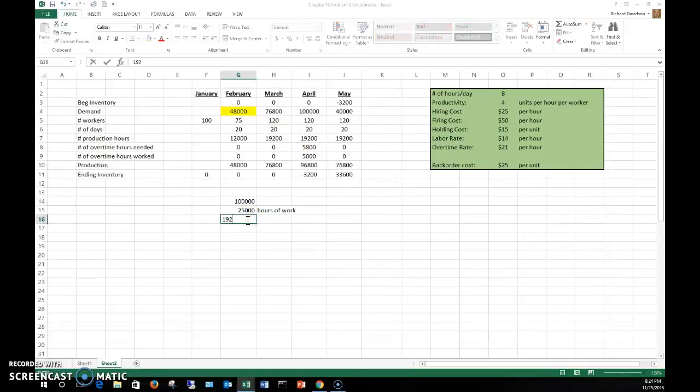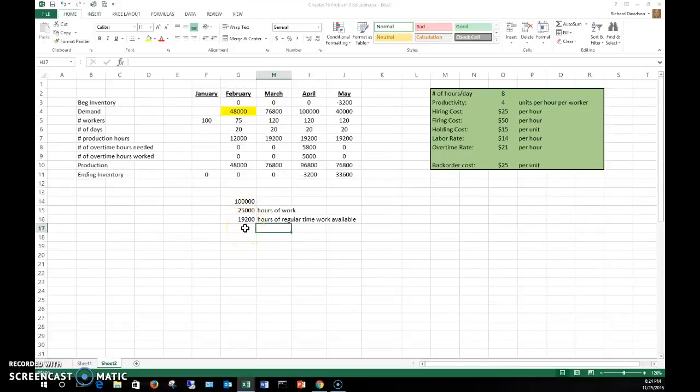We calculated that indirectly last month because that's how many it was going to take to build our 76,800 pieces. So we have 19,200 hours of regular time work available, and that means we're going to be short because that 19,200 can only build 76.8. We need 100,000,